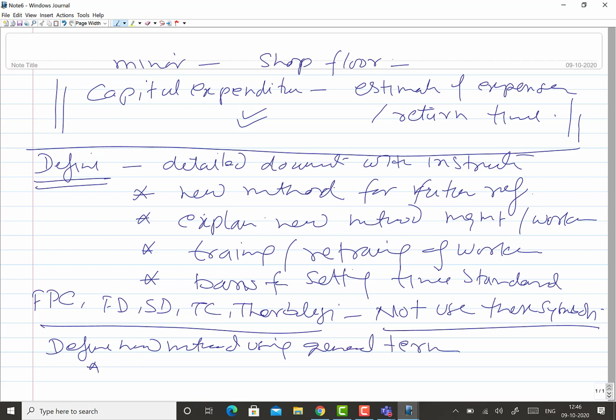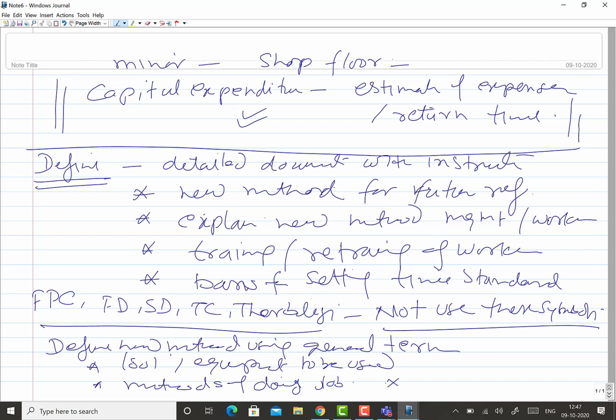So what will it include? The tools and equipment to be used. Okay, this is one. The method of doing things: stepwise procedural steps, or the method of doing the job, is described in general terms.